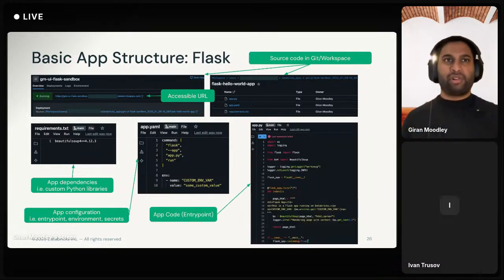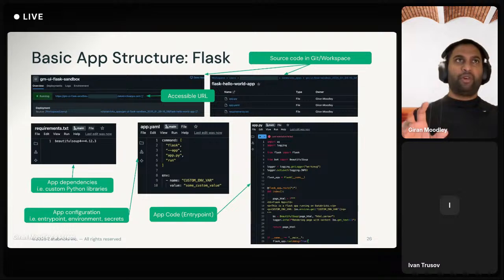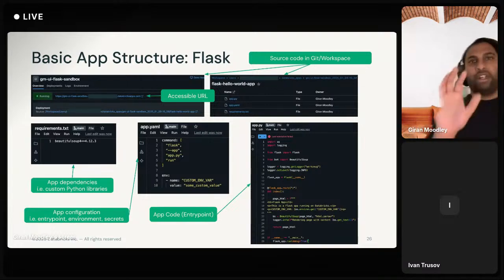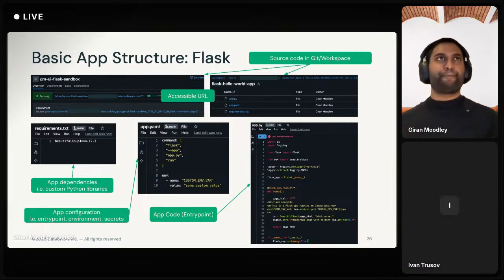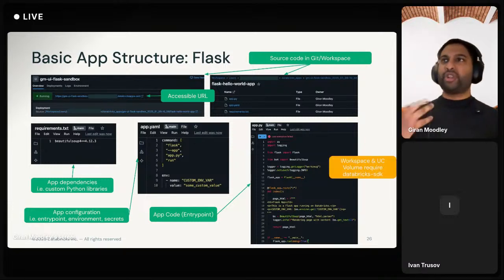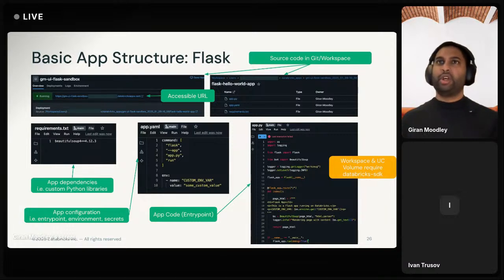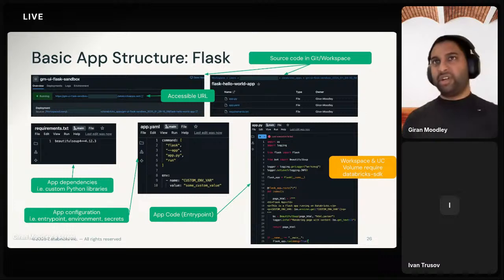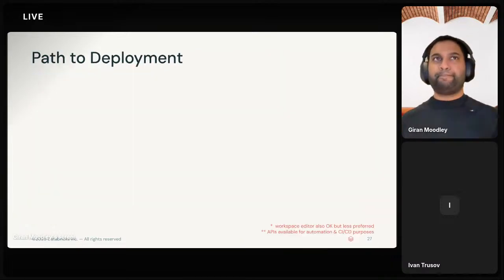And again, in a very simple app entry point, I'm just rendering a simple page here, for example, that's being deployed in this case. So again, three files. I've got an application code, I've got a configuration, and then my optional requirements text to determine the dependencies. Okay, and also for interacting with the workspace, we do have the SDK, which is built in as part of the application runtime.